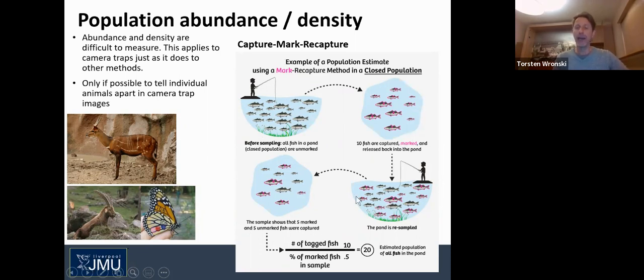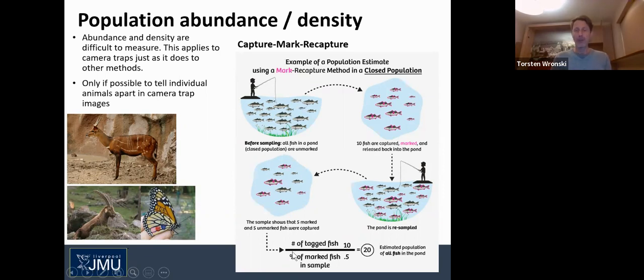Now, on the second day, we will use the same method, the same pond, and spend the same time fishing again. And we will catch another 10 fish. This time, 5 of them will have a marking already from our first catch, but the other 5 have no mark. Now, from the ratio between marked and unmarked animals, we can estimate or calculate the estimated population of fish